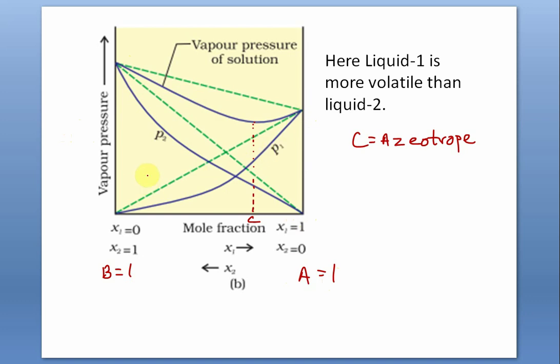So individual partial pressure, this is liquid P2, liquid 2, or I have called it B, and this is liquid 1, that is I have called it A. So this is the partial pressure of B varying, or 2 varying, deviating to a large extent from their ideal value, and this is A varying, deviating largely, and this is the total pressure ideal graph, and this is the actual graph. And for this range of compositions, you find this is lower than the vapor pressure of the less